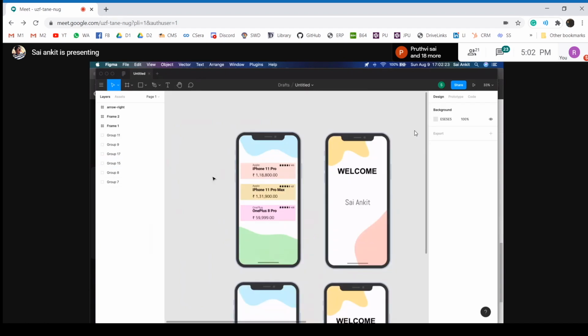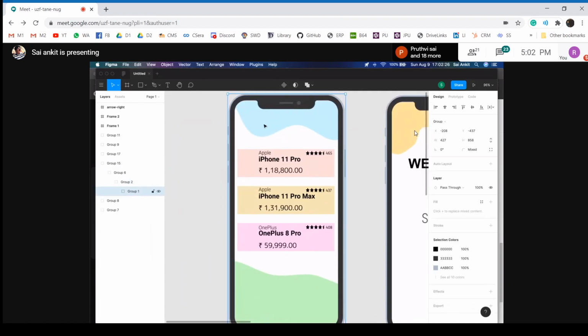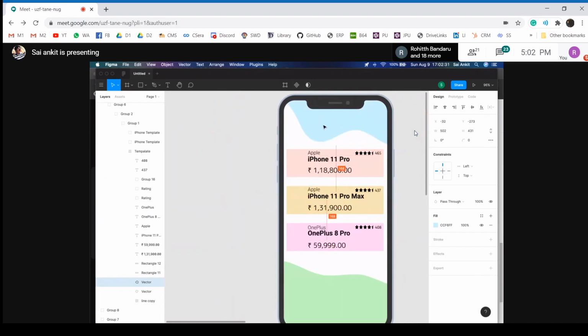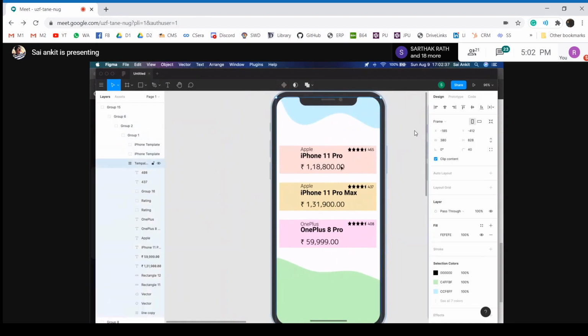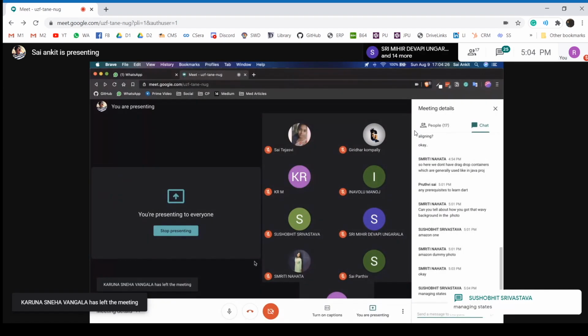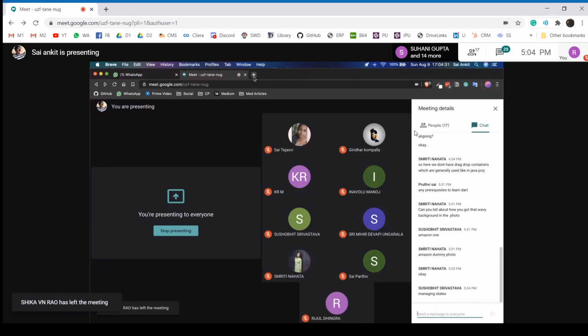Okay, so everything is drag and drop in Figma. You can see this wave is actually something very big. I just placed it to look cool. You can get this on Figma. You can download Figma. This is a container here. You can move this up and down. This is what designers do basically. They design the app, how it looks and so on. They'll move this thing: okay, this looks good, this doesn't look good. And then they give this to the developer, and the developer sees the design, and then he makes the application.